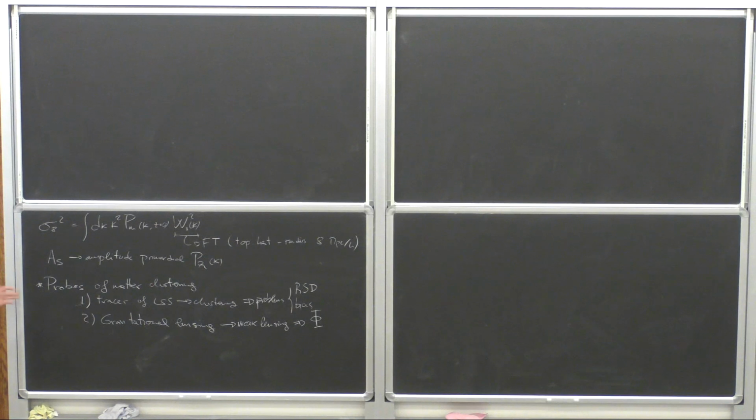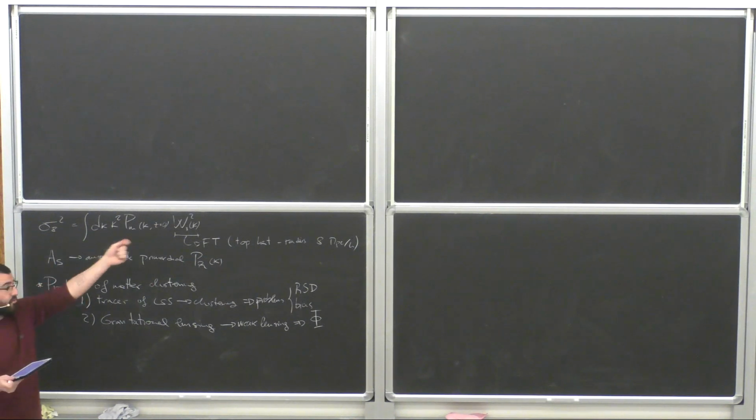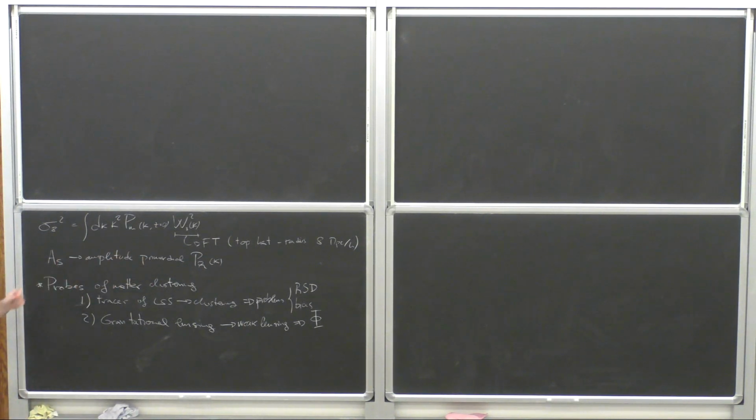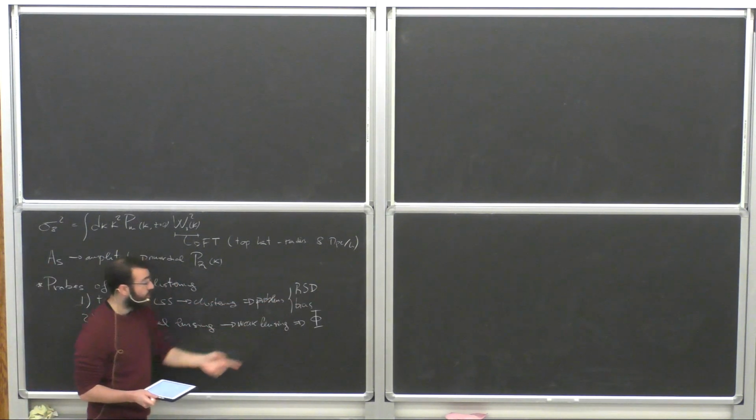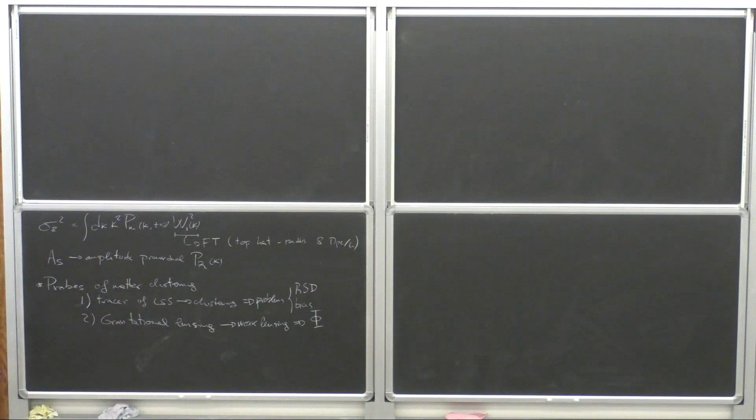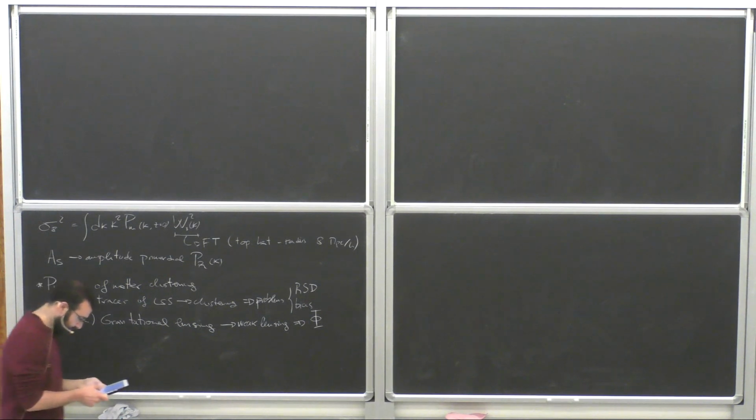Now, the measurements of gravitational lensing are much more complicated than the measurements of clustering, because the measurements of clustering are kind of easy. You measure the position of galaxies and you just take the power spectrum for how they are distributed. In the case of gravitational lensing, you need to take into account the measurements of the shape of the galaxy and how it may have been distorted. However, in theory, it may be cleaner because you don't have problems with redshift space distortions or the bias of the tracer. So, give or take, it has some pros and cons.